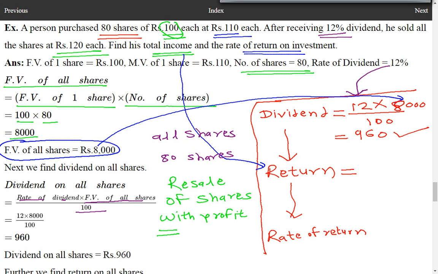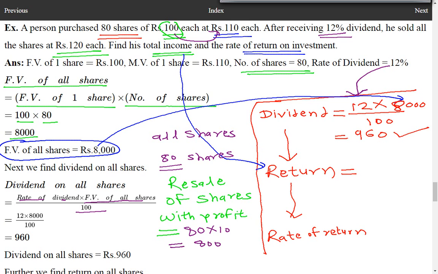A share of rupees 100 is sold for 110, means there is profit of rupees 10 per share. And how many shares are there? There are 80 shares. So total profit is going to be equal to 80 into 10, that equals